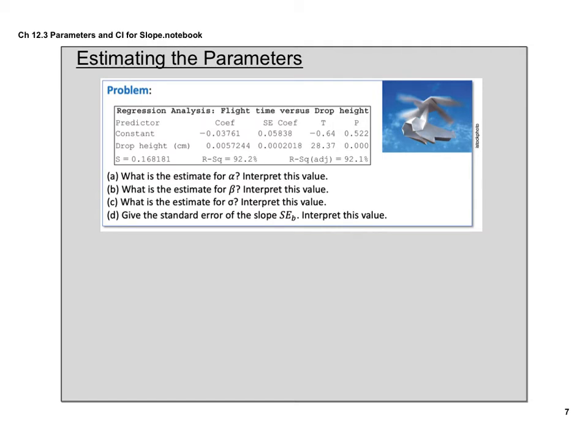So now we're going to get into standard deviation. Okay, so for a standard deviation in a population, or in a sampling distribution, that's our S value right here. So then what does that mean? So S equals 0.168181. And if we interpret that, it says the actual flight times